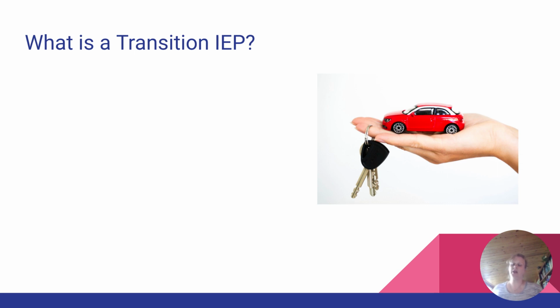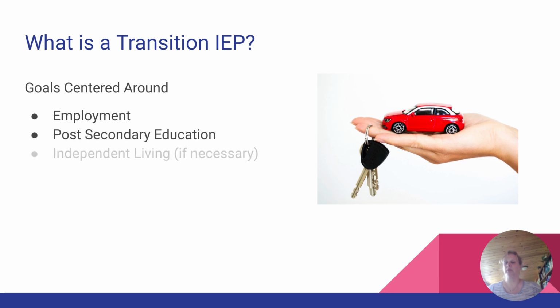So what is a transition IEP? Well, a transition IEP will explore and set goals for the student around life after high school. The team will set goals around post-secondary life that will provide direction for the child's whole IEP. The domains in which the team will set goals are employment, post-secondary education, and independent living. The team must have goals that address employment and secondary education. Independent living goals are not necessary if a team makes this determination.